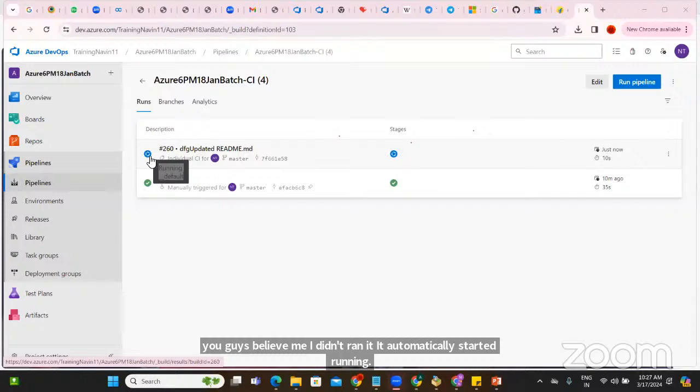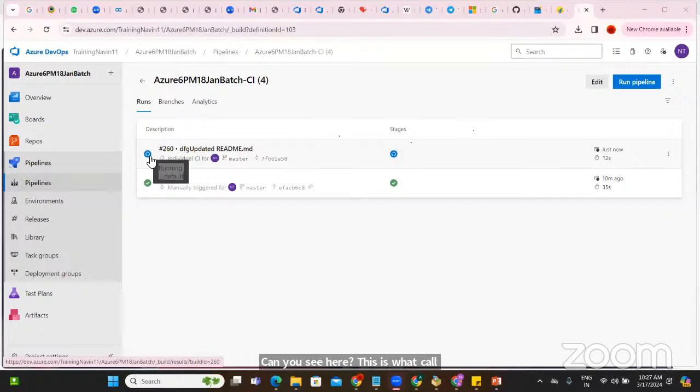This is what is called a CI. This has happened because we have enabled the CI. Did you get the point, guys? We went to the trigger and enabled it. That's the reason we say that this is a CI for us. Automatically, whenever the code changes in your repo, everything will get built and it'll deploy. Can you observe it? It got deployed here, automatically. Now, this is the CI.